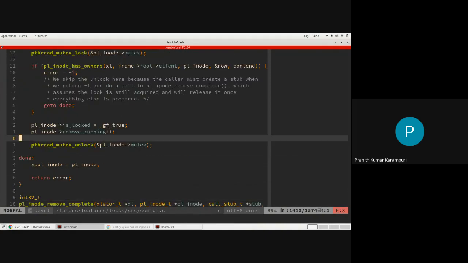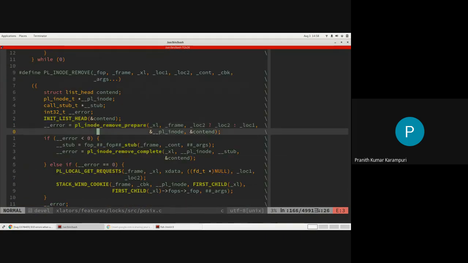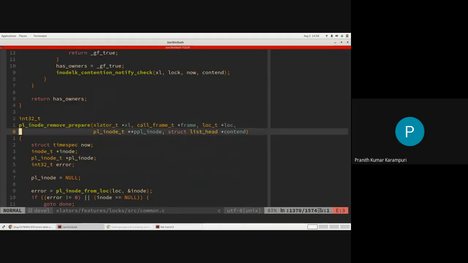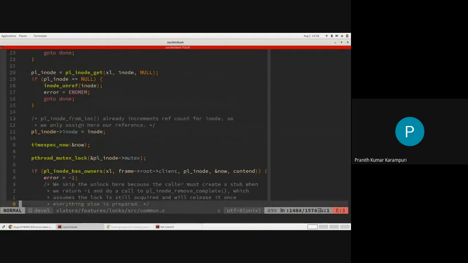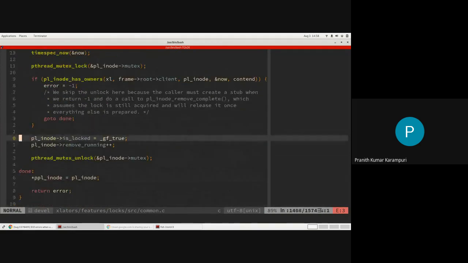So then once it detects, yeah, so this is like the success path, right, where you can go ahead with the unlink.